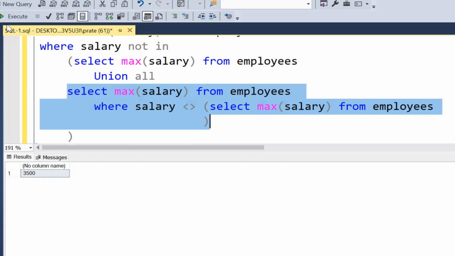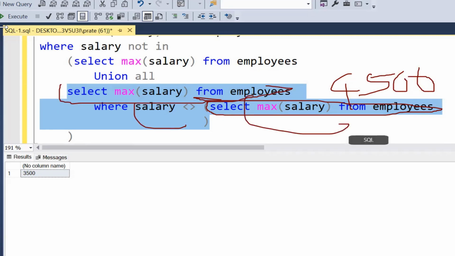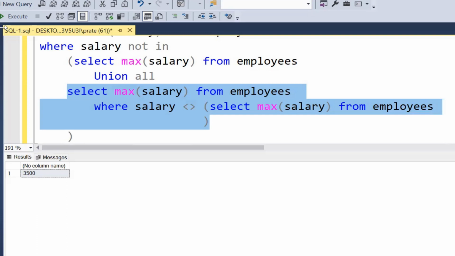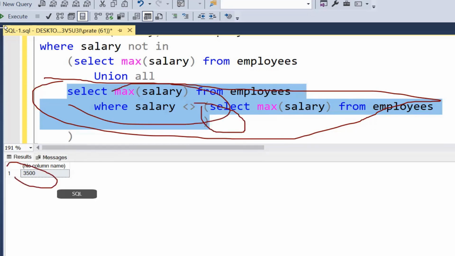पहले इसने क्या किया देखो, अच्छे से समझो। ये पहले मैक्स सैलरी निकाला 4500, it first gave you max salary 4500, then it is telling find out the max salary but where salary not equal to my max salary, मतलब where salary not equal to 4500, तो 4500 नहीं आएगा तो क्या आ गया? सेकंड वाला आ गया 3500, राइट? तो फ्रॉम दिस पर्टिकुलर आइटम वी गॉट 4500 को हटा दिया हम लोग ने, एंड वी गॉट द सेकंड मैक्स which is 3500। सेकंड मैक्स हम लोग को मिल गया,